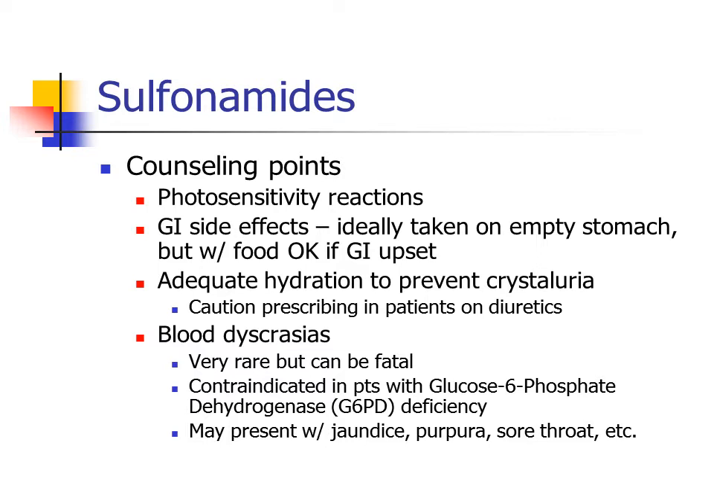Blood dyscrasias have been seen with sulfonamides. They're very rare, but when they occur, they can be fatal. And for this reason, they're contraindicated in patients with G6PD deficiency. How this may present, so these are the things that you're looking for your patient to complain of, is jaundice, purpura, and sore throat. So if you have anybody call you after prescribing these medications thinking along the lines that